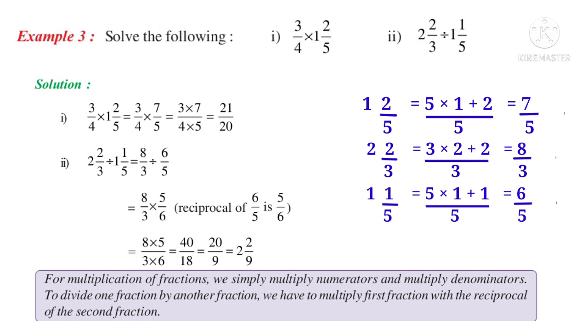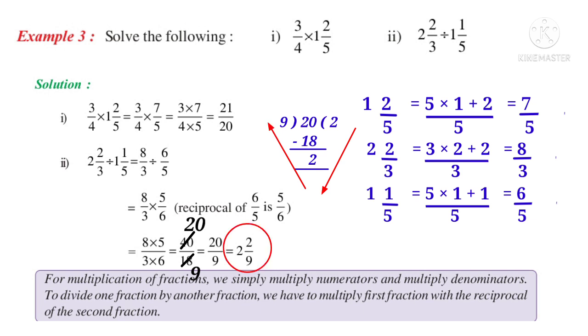That is equal to 8 by 3 divided by 6 by 5. That is equal to 8 by 3 into, we should write the reciprocal of 6 by 5, that is 5 by 6. So 8 by 3 into 5 by 6. So in the numerator 8 into 5 is 40. In the denominator 3 into 6 is 18. That is 40 by 18. On simplification by 2, 2 twenties are 40, 2 nines are 18, that is 20 by 9. By dividing 20 by 9, 9 2s are 18. By subtraction we get 2. So we can write this as a mixed fraction as 2 2 by 9.